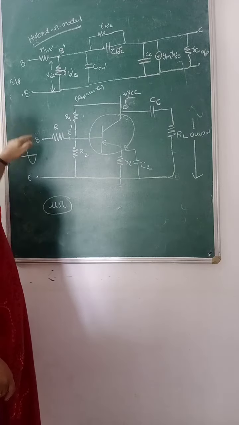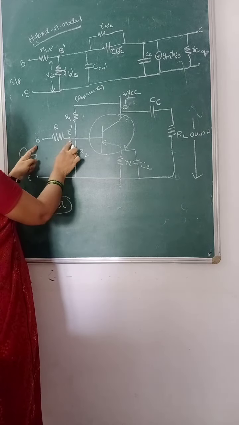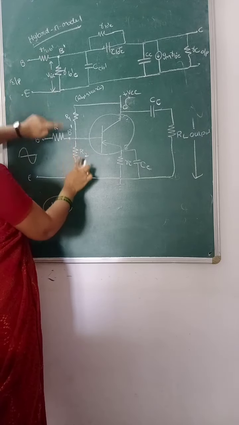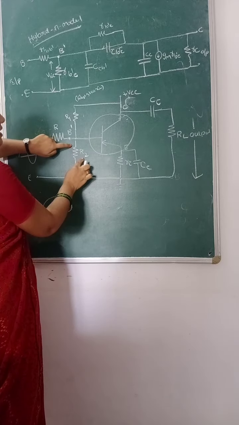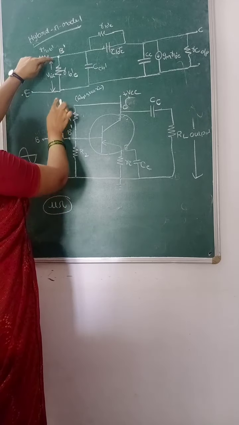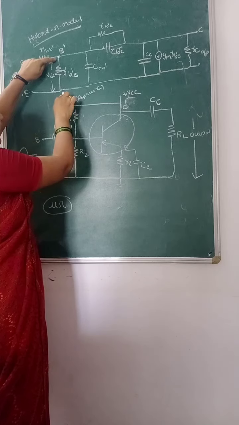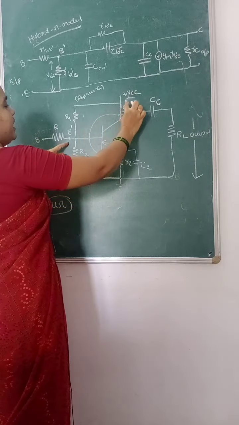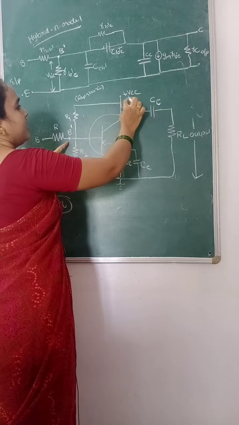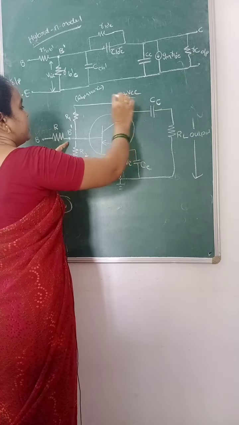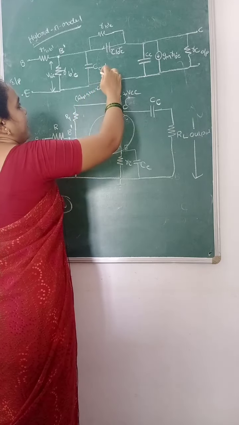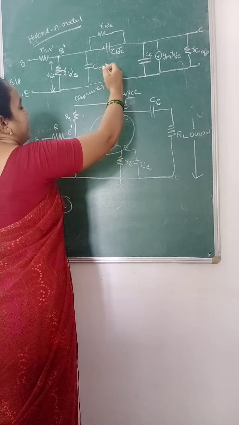So between this base and interbase terminal we will have a resistance. This is replaced with R B B dash. Here R2 is the resistance between the terminals B dash and emitter. So here it is replaced with R B dash E. And also there is a resistance between the interbase terminal and the collector, which is R1. Here we have replaced this with a small capacitance C B dash.